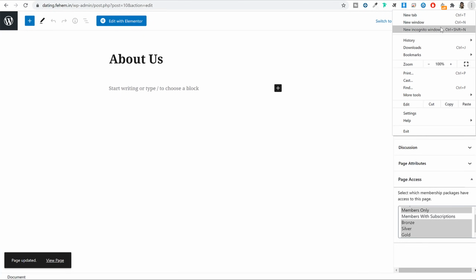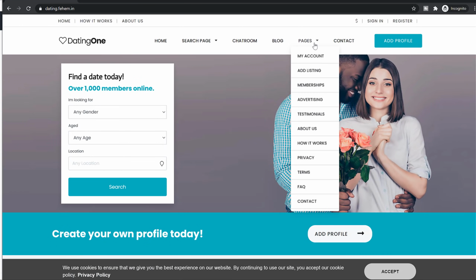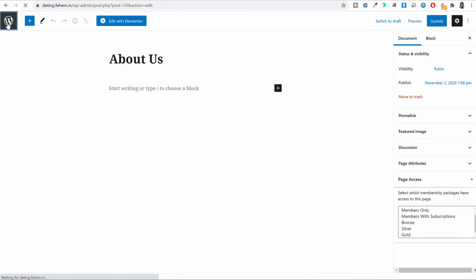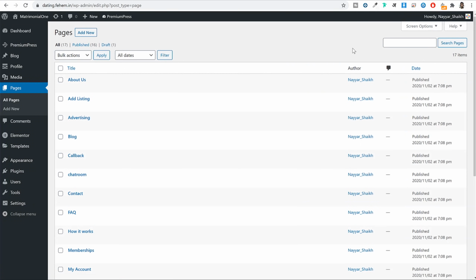Again, if I come back to this page, let me cut this thing. Again, let me open this in a new incognito window. And if I try to open the about page, let's see. Right, so when I refresh it, I can see this page still, and that is because of caching. As I said earlier, this hosting that we are using, Fast Comet hosting, automatically uses caching. So when you make some changes on your website, you might not instantly see those changes, but this is how this works. I guess now let's cover the most important things about this website, all the basic settings, the Premium Press settings.